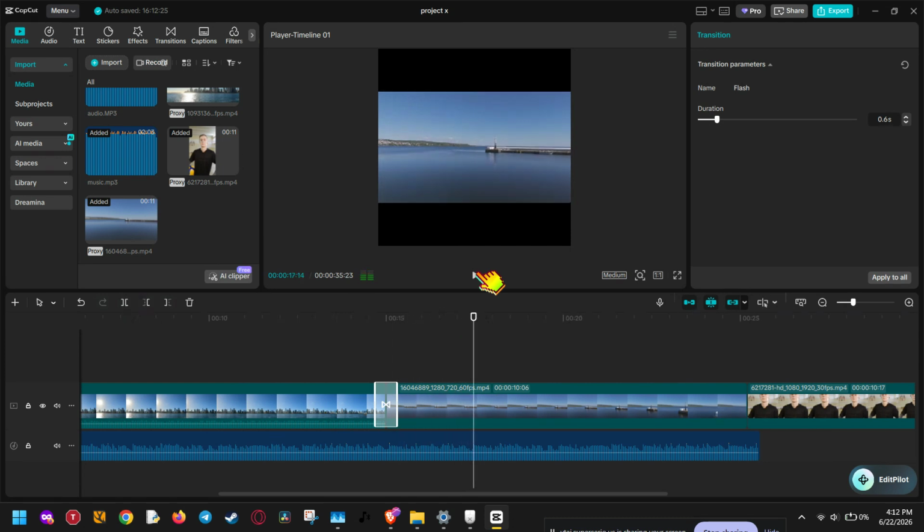And that's it. You've now added a white flash effect in CapCut. It's a simple trick, but it can completely change the energy of your edit and make your transitions feel much more professional. Once you get comfortable with this, you can use it in all kinds of videos, from vlogs to